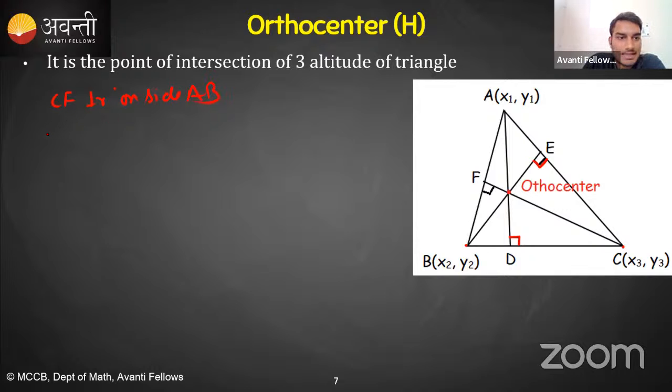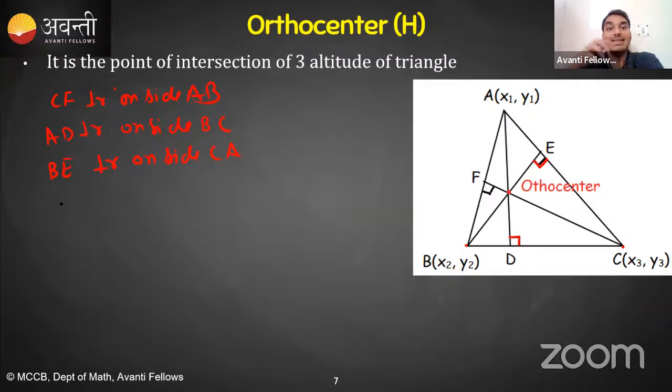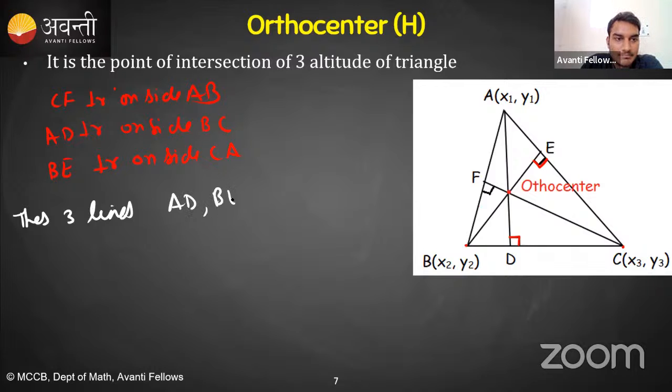AD is perpendicular on side BC, and BE is perpendicular on side CA. So these three lines, AD, BE, CF, which are the altitudes of the triangle,